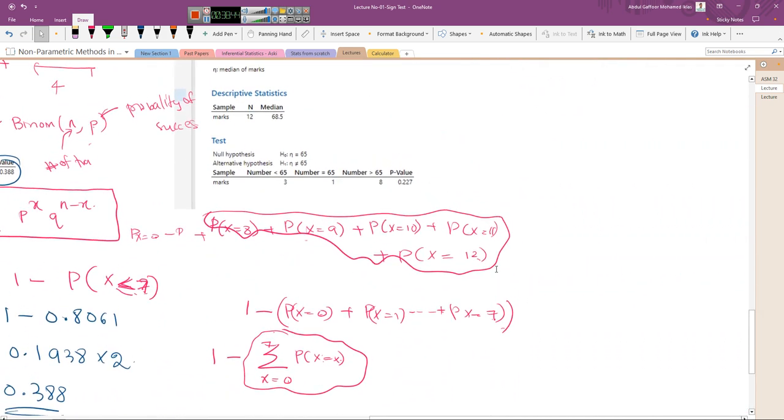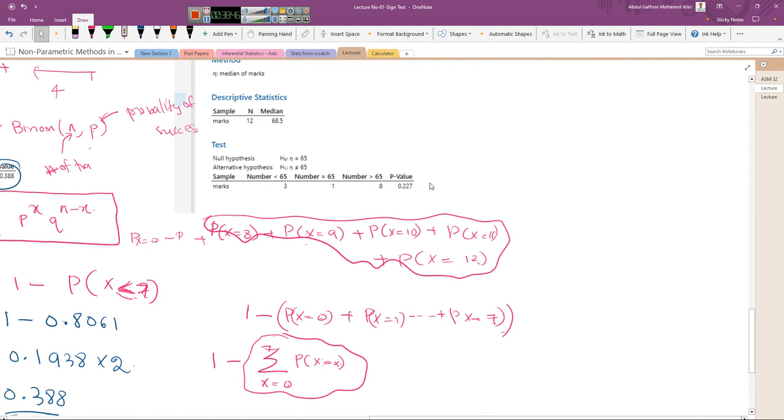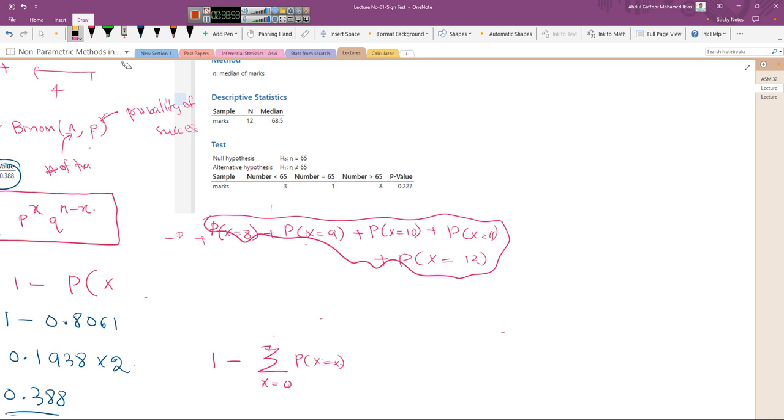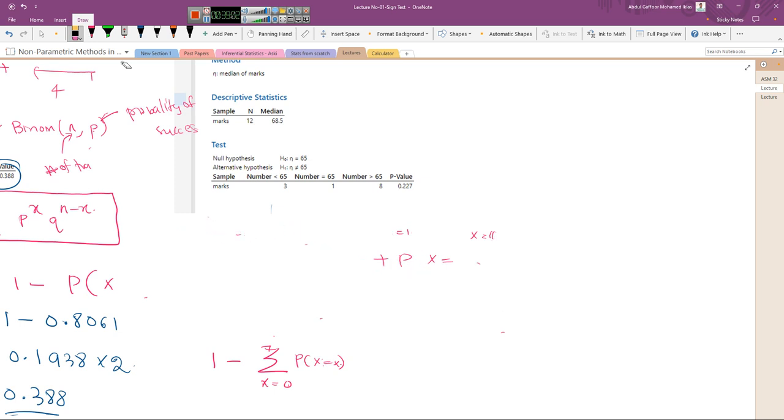Now we will see how we can find out the value for this p value, right? So this p value again you can use the same method, but I will not explain everything here. I will just explain how you can find this, but using the same method I explained, you can do that in order to find the probability of this one also, right? So here you can see we will ignore this one, right? So now our n is equal to 11, we will consider x is equal to